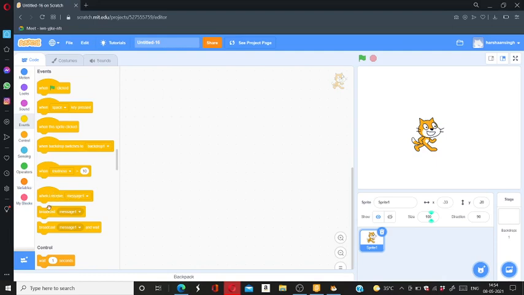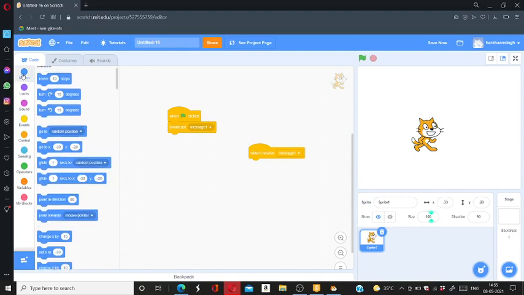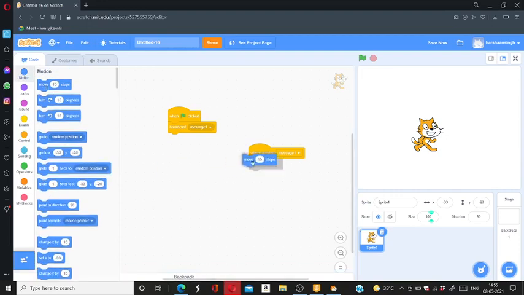And the next is the when I receive. The when I receive works with the broadcast. How do we use broadcast? If I put a broadcast here, broadcast message 1, then if I put a when I receive message 1 and let me put move 10 steps or maybe move 20 and turn 15 degrees.